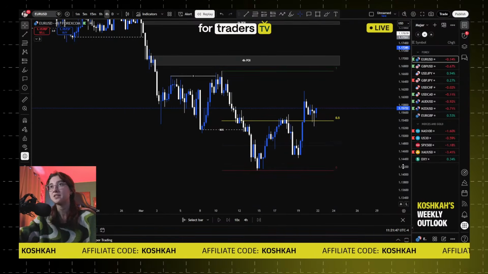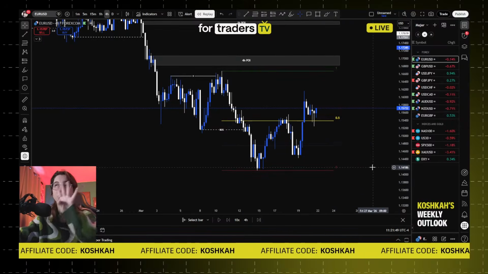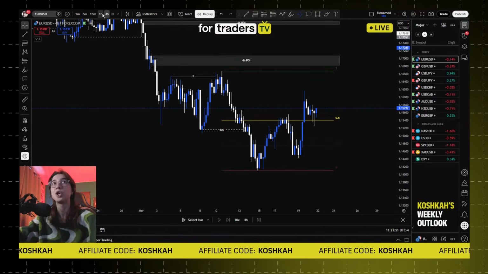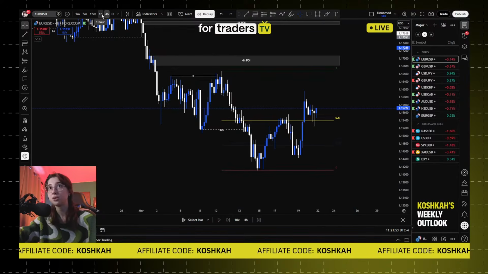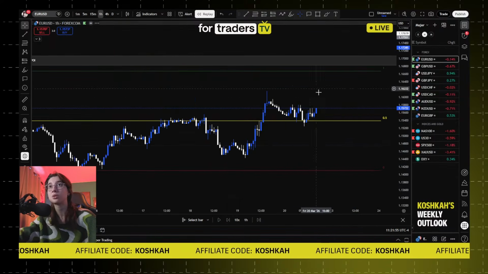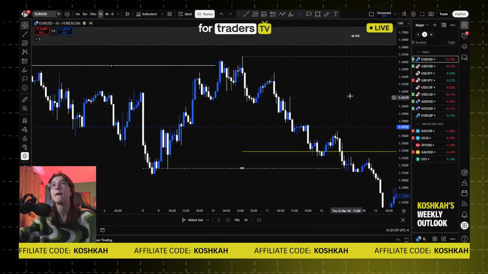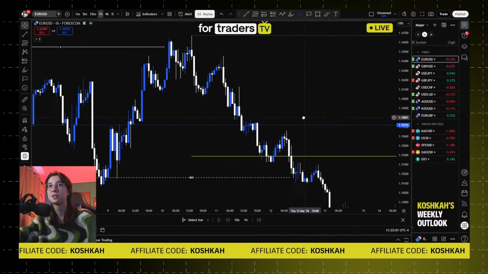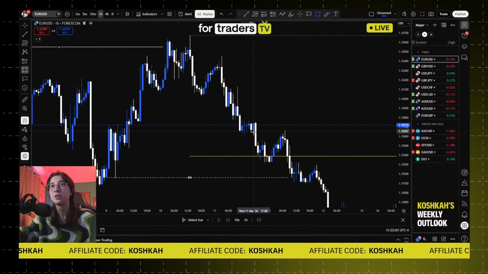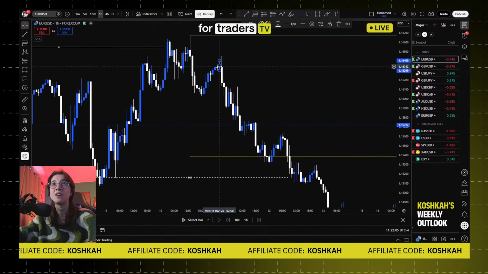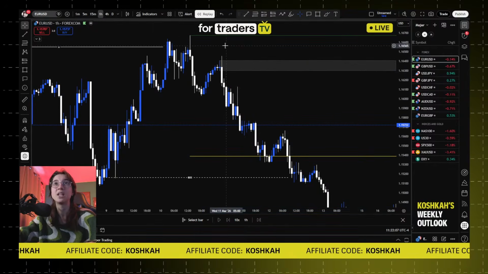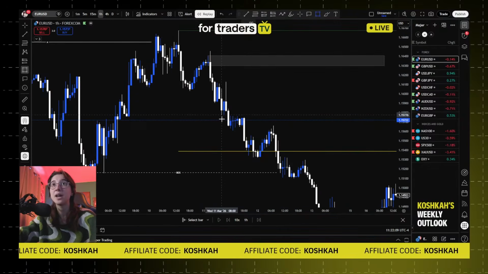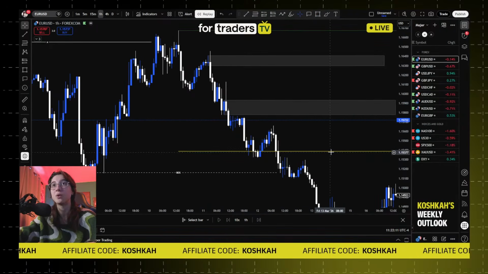We're going to start identifying our points of interest on the 4 hour, and then we're going to go on the 1 hour. There's nothing on the 4 hour according to my rules, so that's why we're going to go on the 1 hour. On the 1 hour, again, all above the 0.5, this yellow line, we're going to identify the POIs. So in this case, we have a 1 hour POI right here, and we have as well a 1 hour POI right here.